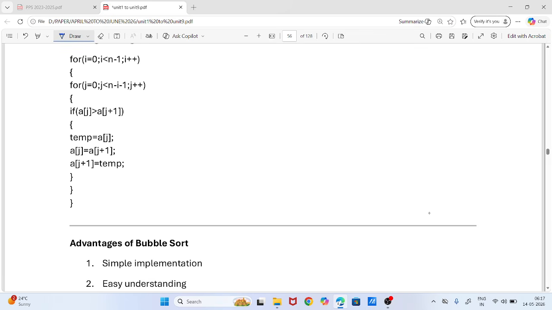C program. For i equal to 0, i less than n minus 1, i plus plus. For j equal to 0, j less than n minus i minus 1, j plus plus. If a[j] is greater than a[j plus 1], then a[j]'s value will go into a temp variable, a[j plus 1]'s value goes into a[j], and the temp value will go into a[j plus 1]. That means